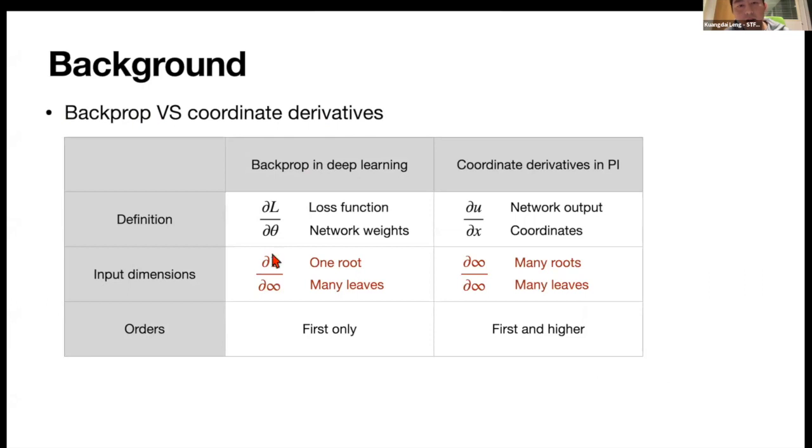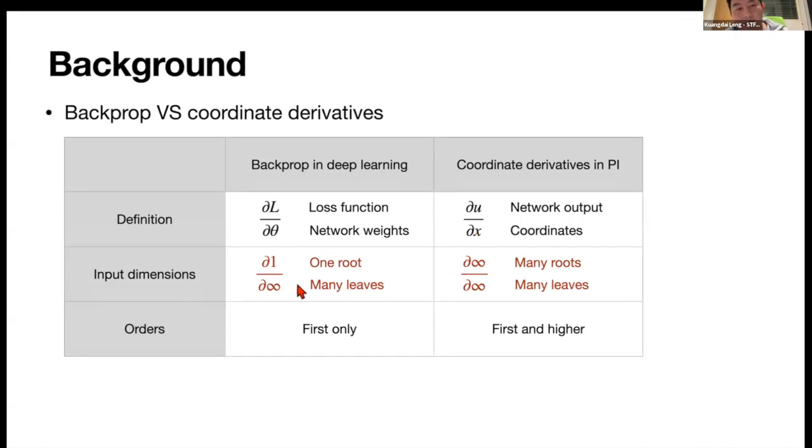So AD, automatic differentiation, or autodiff, is also used for backpropagation in general deep learning. Apparently this is the main purpose of autodiff. So let's do a simple comparison. Backpropagation in general deep learning is trying to compute the derivative of the loss function with respect to the neural network weights. While for the coordinate derivatives in physics-informed learning, we want to compute the derivative of the network output with respect